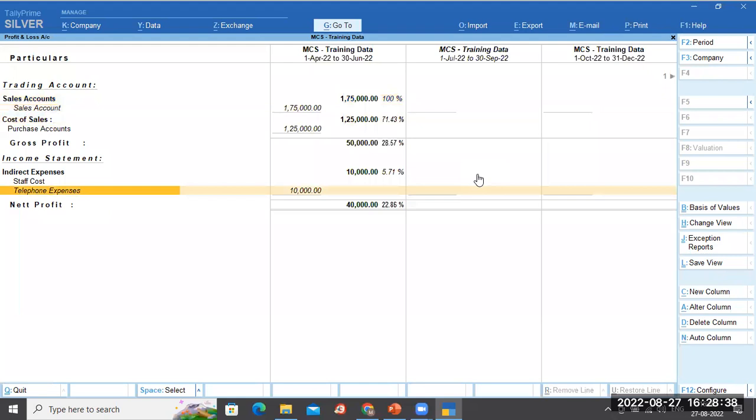Okay, so this is one of the things that you need to understand. You could actually look at any reports based on periods also. Okay. Then